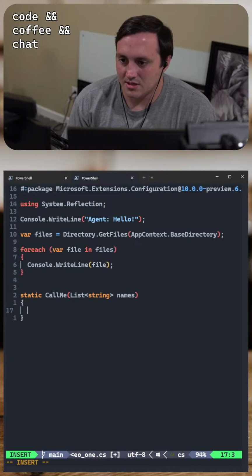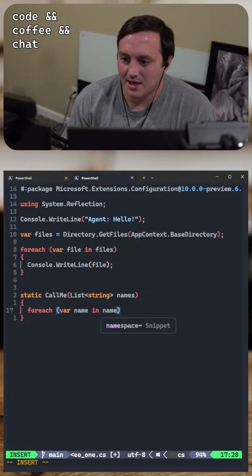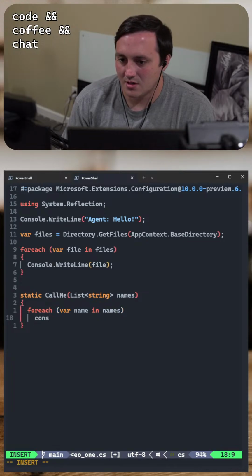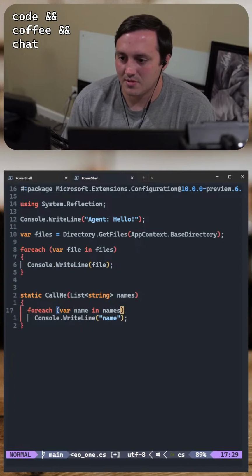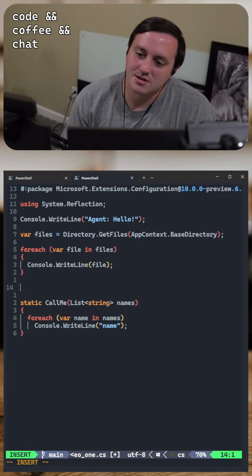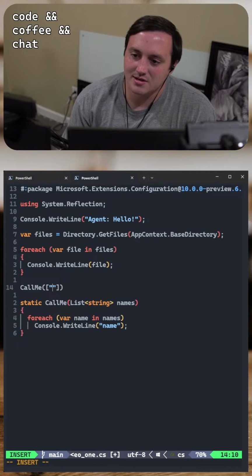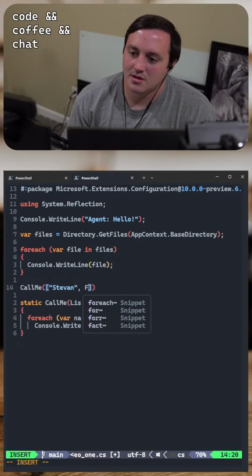Let's see, foreach var name in names, Console.WriteLine name. Now you can do this. You can say CallMe, and then you can just pass in an array.